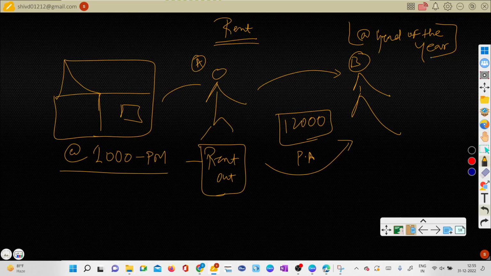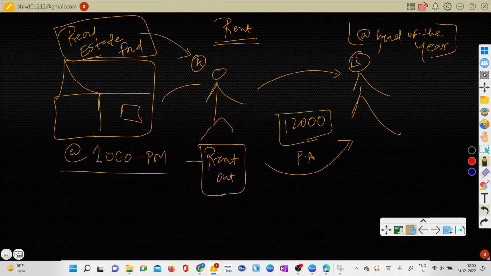And here, both counterparts, let's say you are at A. It means you are a real estate equity fund, or real estate fund, where you have invested into homes or flats or under construction properties, or properties which are generating the rental income for you, right? So now if you take this example here, the most important aspect of this deal or transaction is